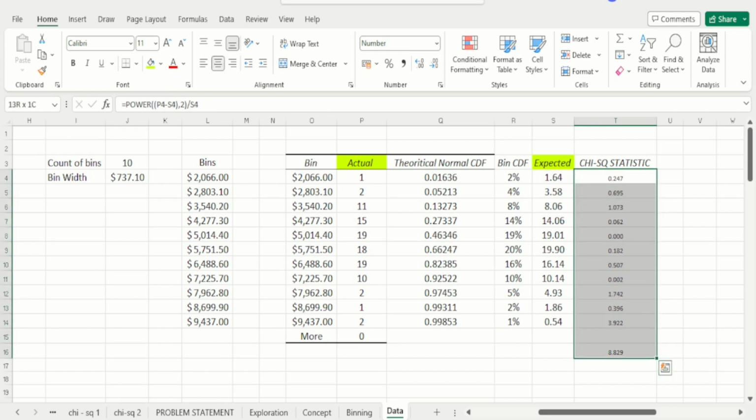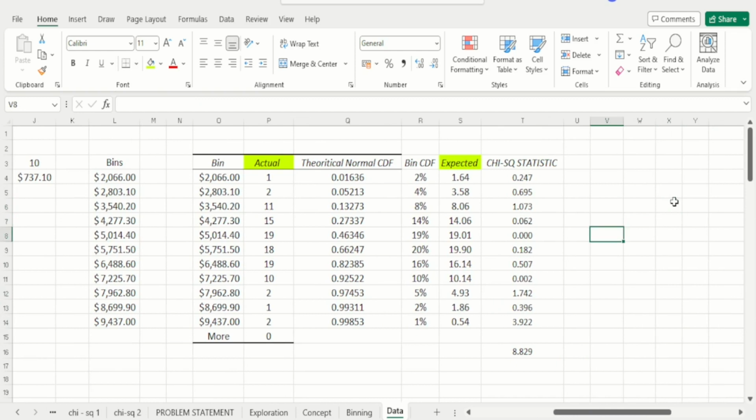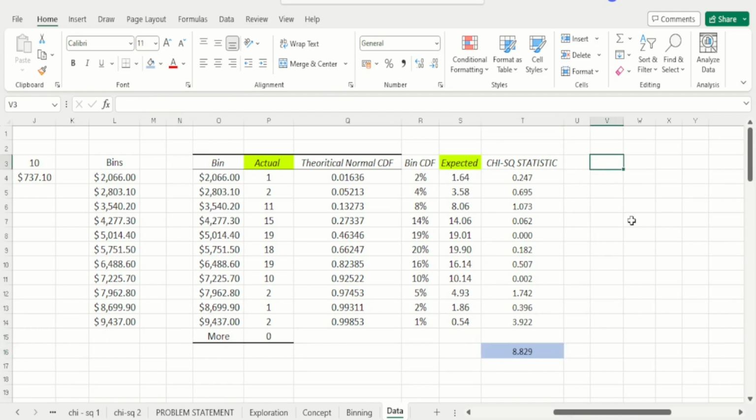So now we have the chi-square statistic as well. Our next step is going to be to utilize this chi-square statistic that we've just computed, and use the degrees of freedom. So what is the degrees of freedom going to be here? The degrees of freedom here is going to be given by a formula which will be the count of